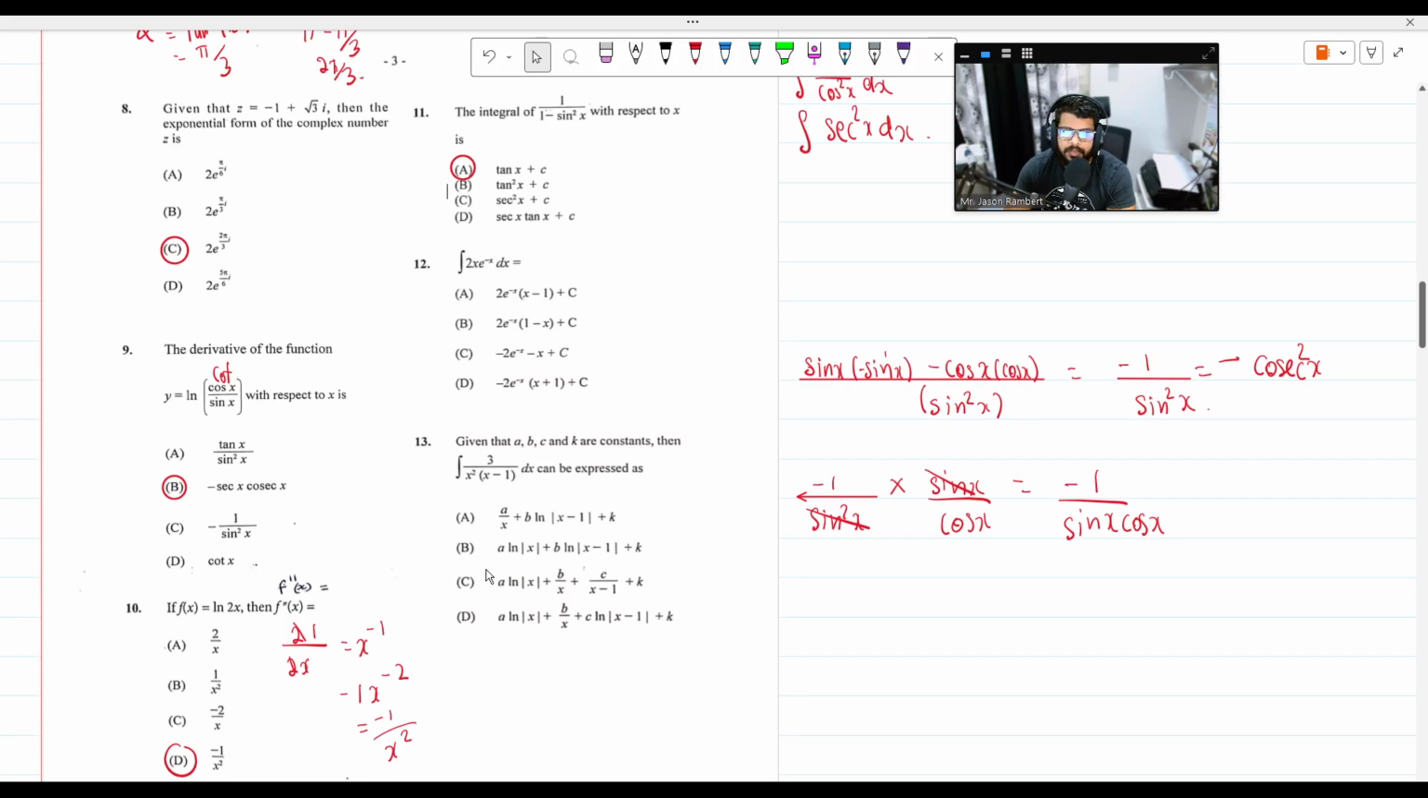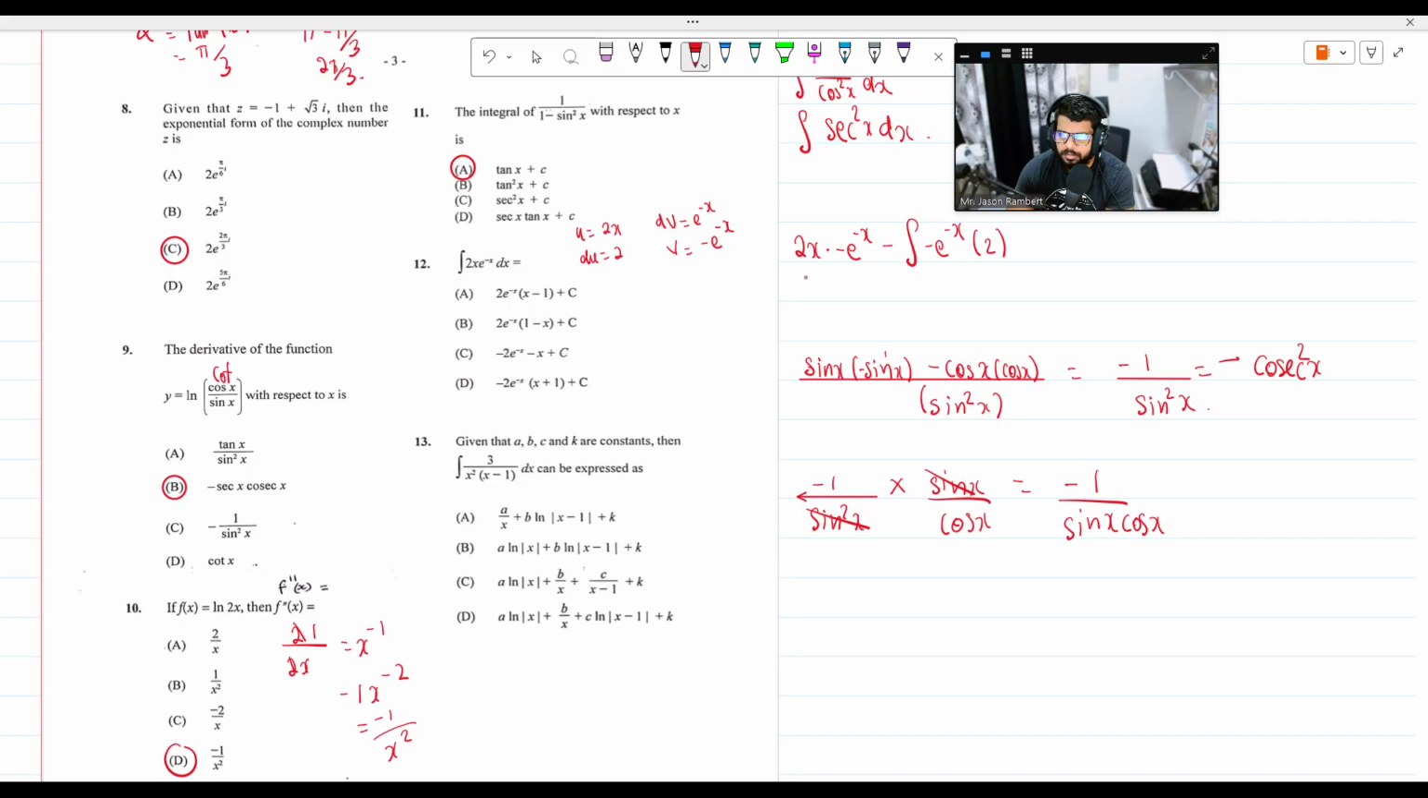Next, the integral of 2x e to the minus x dx. There's no easy way to do this one. We have to go through integration by parts. So u is equal to 2x and du is 2. dv is e to the minus x. v is minus e to the minus x. uv is 2x by minus e to the minus x, minus the integral of v by du,